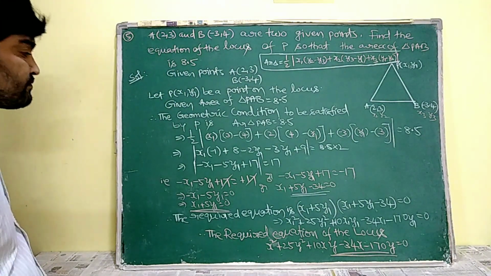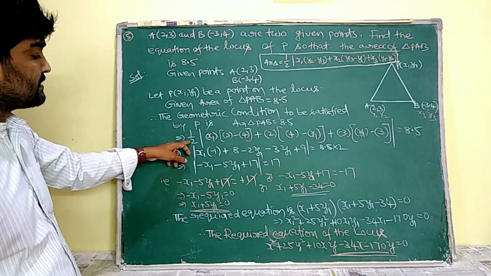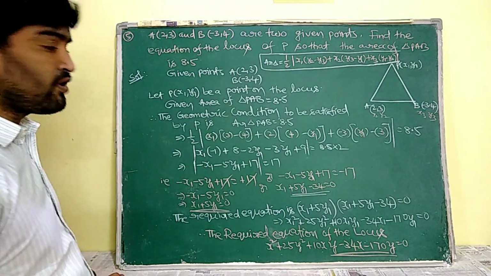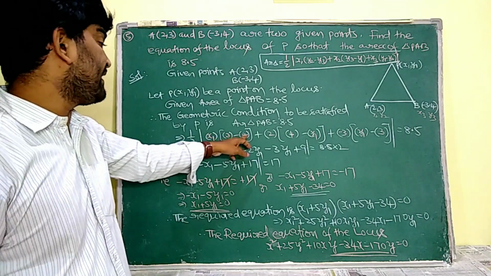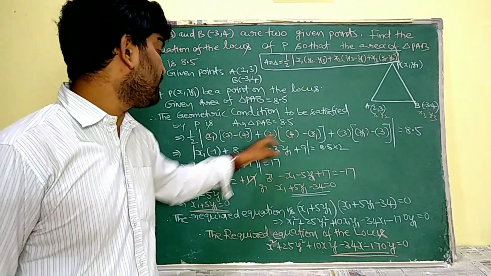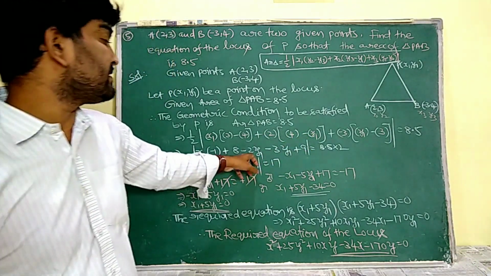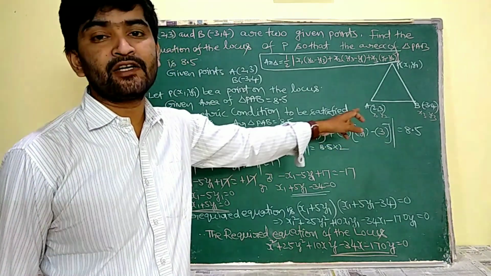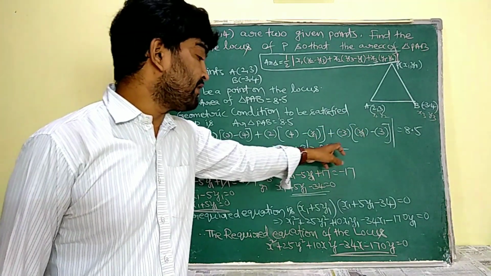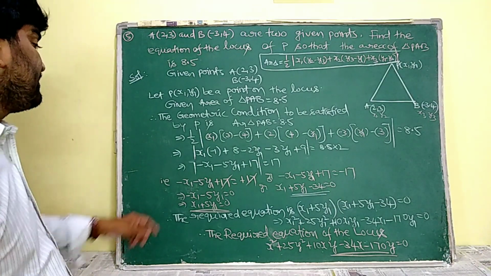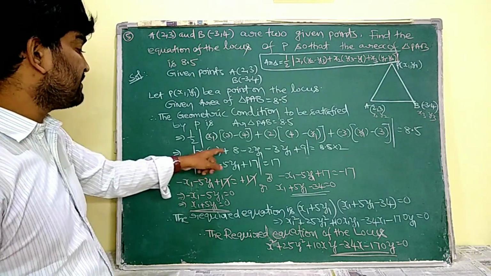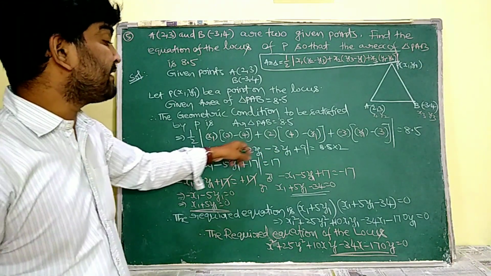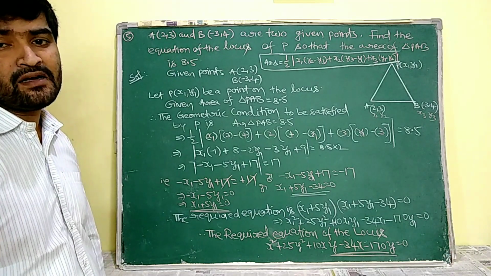Okay, I am going to simplify it now. So send this 2 to that side, and meanwhile simplify the value in the modulus. 3 minus 4 means minus 1. 2 into 4, 8. 2 into minus y1, minus 2y1. Next, minus 3 into y1, minus 3y1. Minus 3 into minus 3, plus 9. 8.5 into 2, that is 17. Now see, this is minus x1 and minus 2y1 minus 3y1, minus 5y1. 8 plus 9, 17, under the modulus.